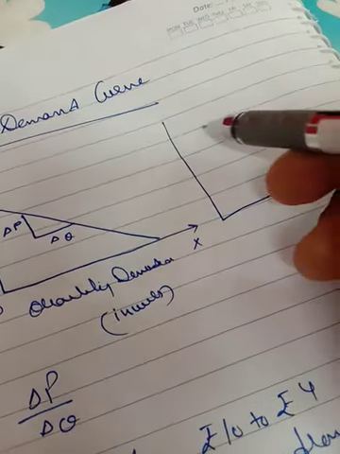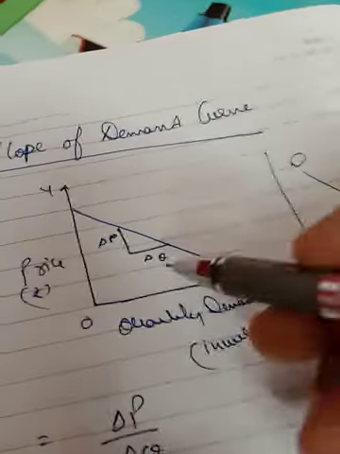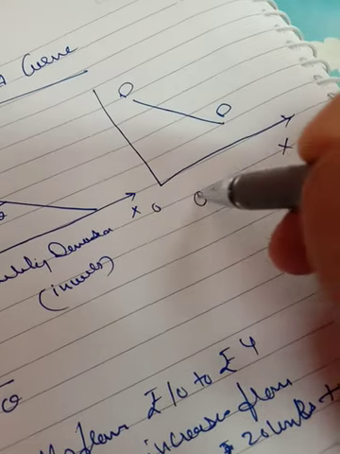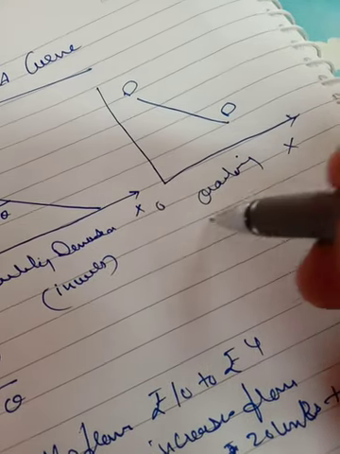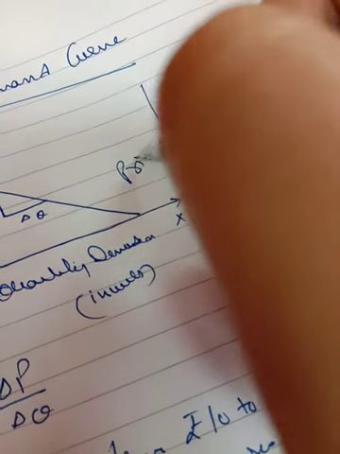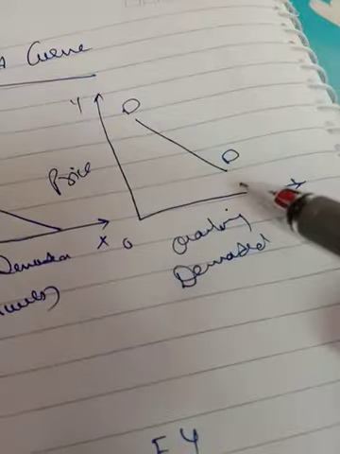No need to touch any axis, x or y. So this is the demand curve you have made. This is known as linear demand curve, which is basically not in your syllabus, and that is the demand curve you have to make in this way. No need to touch any axis.